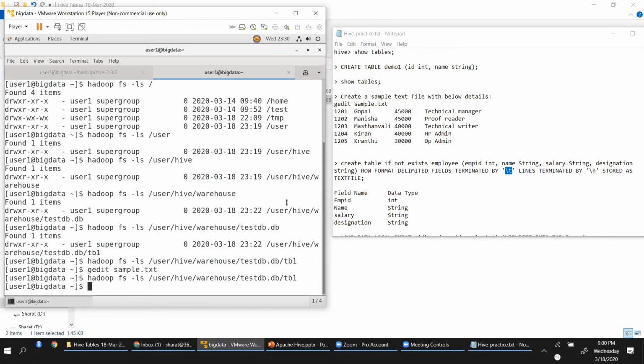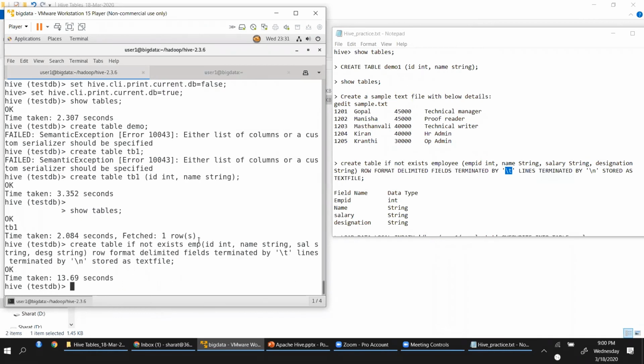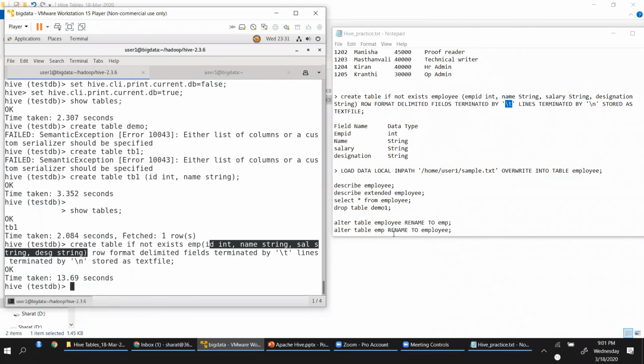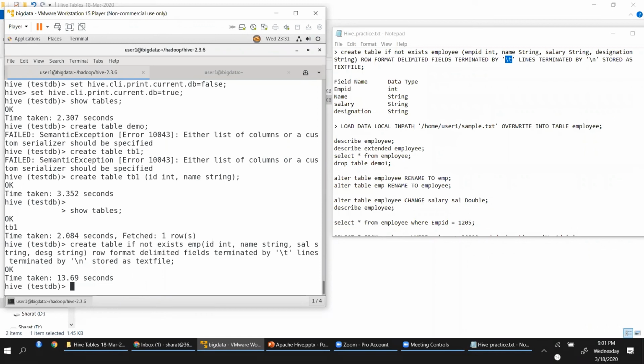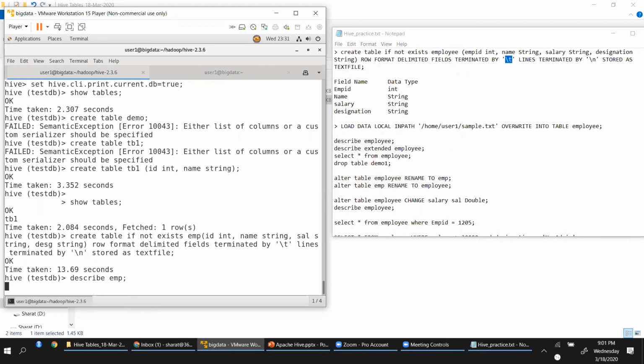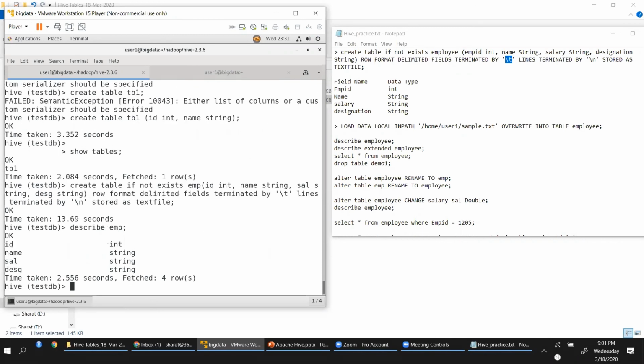The schema that we have created would get recorded in the Derby database, the Metastore. This is basically the information which is getting stored in the Derby database. Now, let us load the data set.